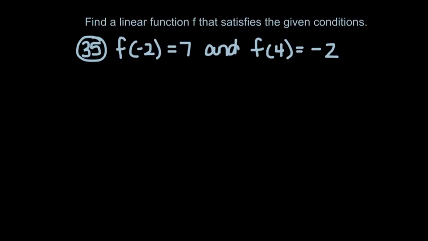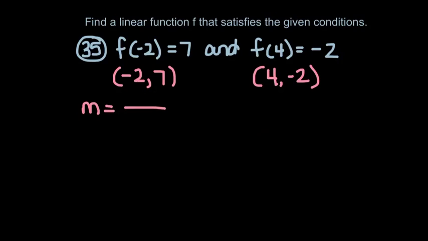This is the same type of problem. The negative 2 represents the domain value of x, and the 7 represents the corresponding range value of y. So f of negative 2 equals 7 tells us that the point negative 2, 7 is a point of our linear function. Similarly, 4, negative 2 is a point of our function. To find the slope,